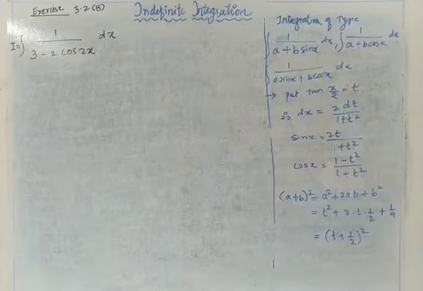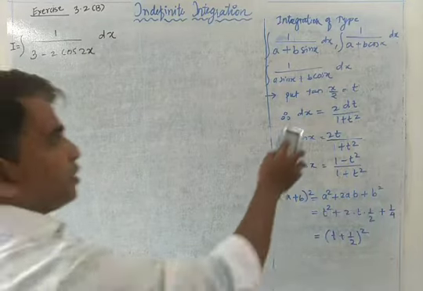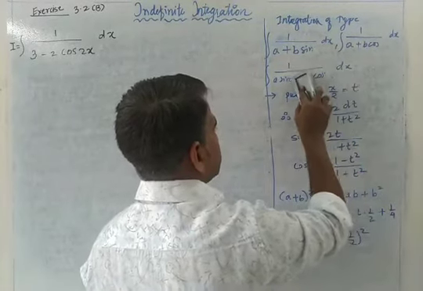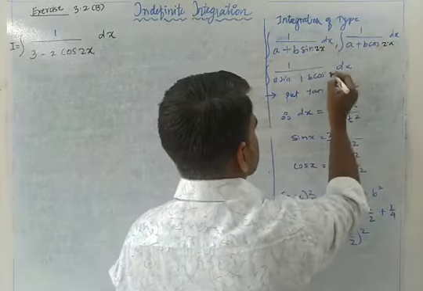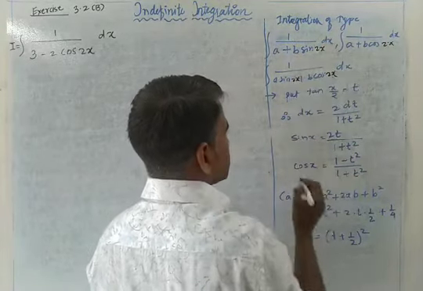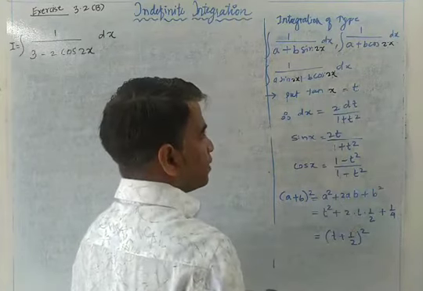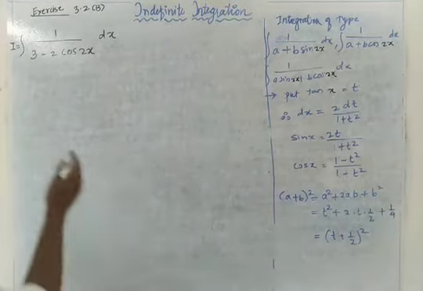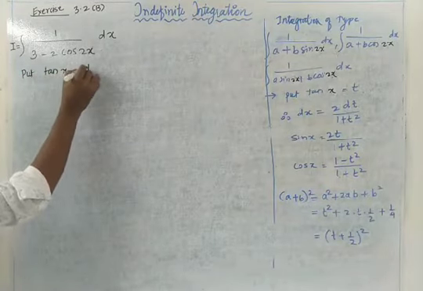See the next example. In the next example, 1 upon 3 minus 2 cos 2x. So now it is an angle change with cos 2x. So now our type will change with cos 2x, sin 2x, like that form. So it is 2x. So now we are going to change the substitution. Tan x is equal to t. Okay, otherwise I will explain all the steps properly. So we are going to start with put tan x is equal to t.